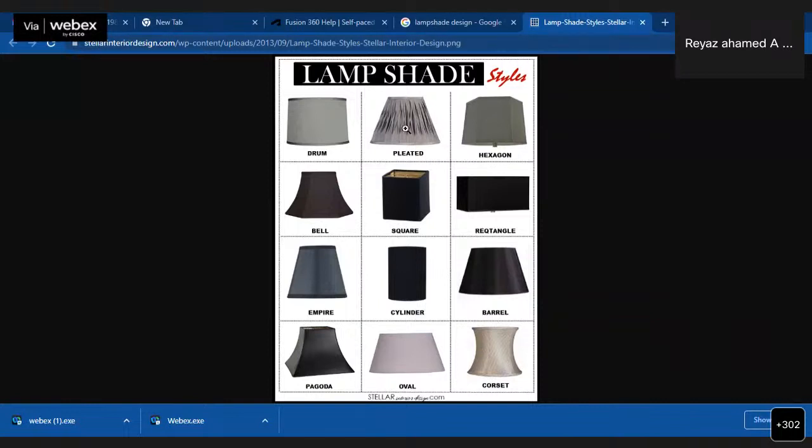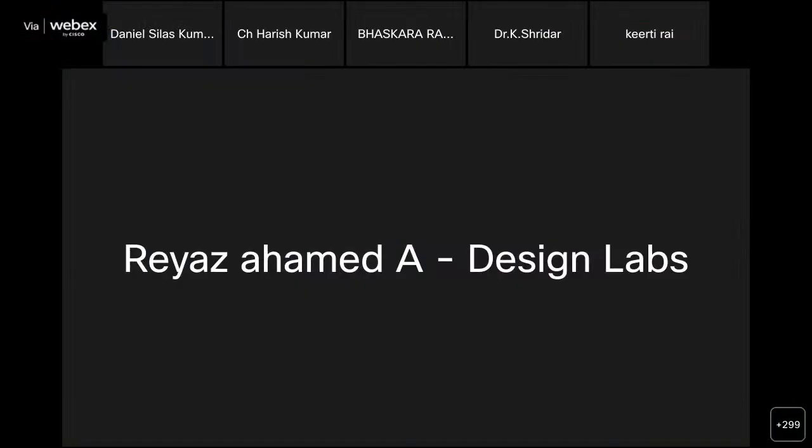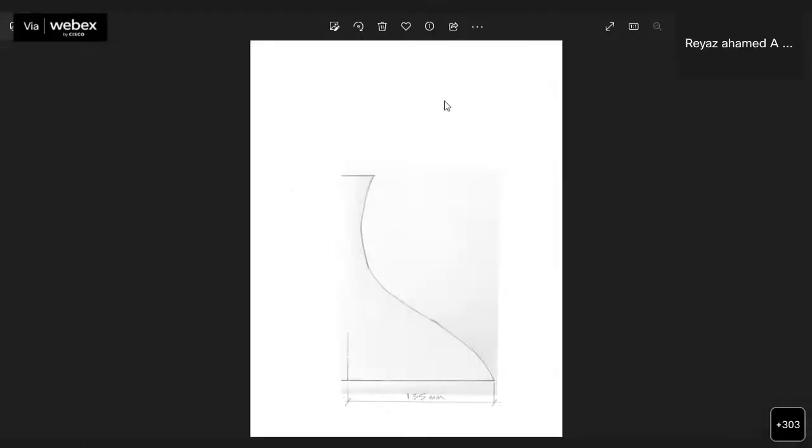create the half of the portion in a paper. Let me create. So I already have that file. Let me show it. So here I have the half of the lampshade, which we are going to create now.